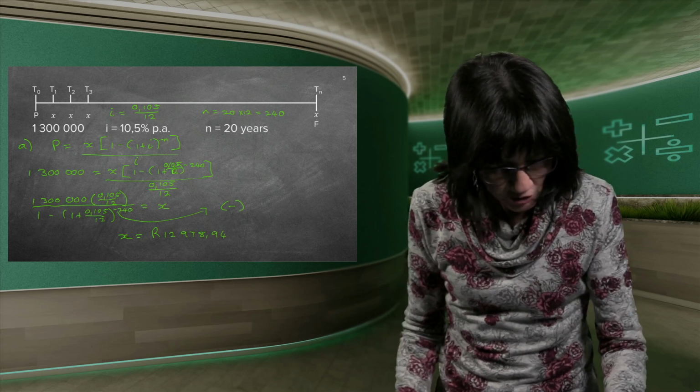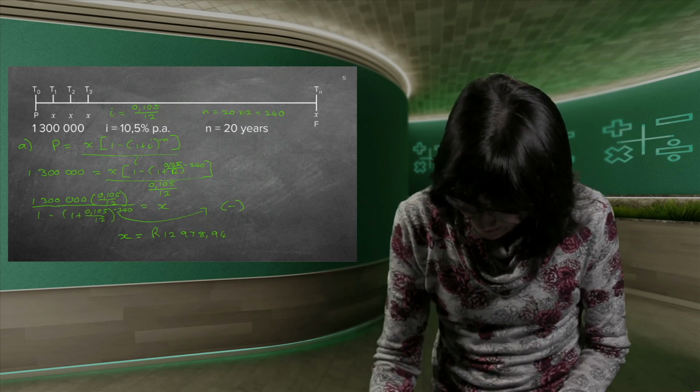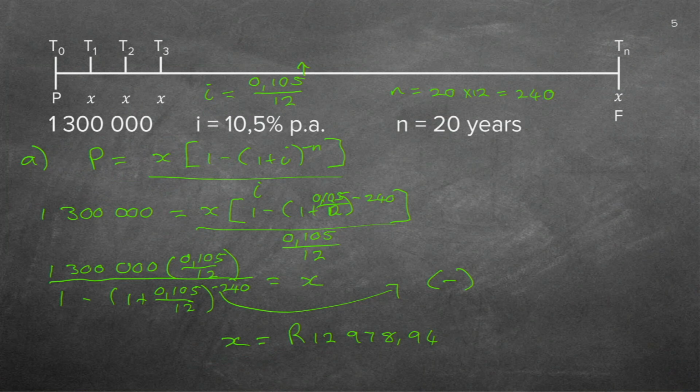Let's just see the next question. What is the outstanding balance after 8 years? So now I need to go years somewhere. Time period 8. Now, it depends if your timeline is in years or in months. We didn't say yet. It was 20 years. So I'm just going to do 20 there, and then I'm going to remember this is in years. So if I change it, this is what I did there. I change it to months, so it's times 12. If it is 8 years, I need to change the 8 years as well to become months.